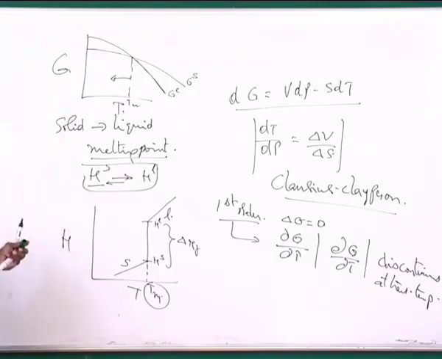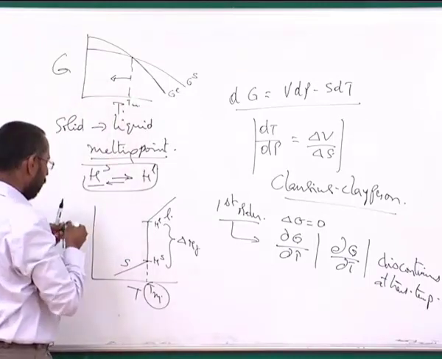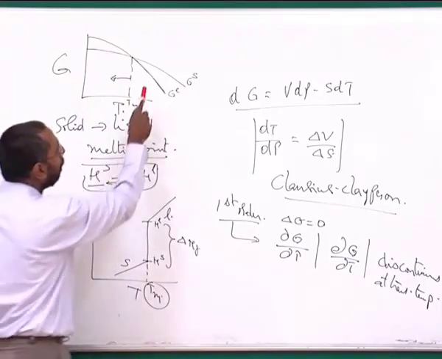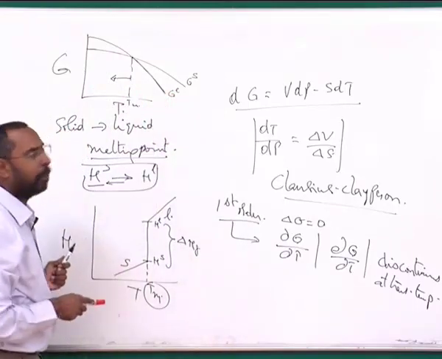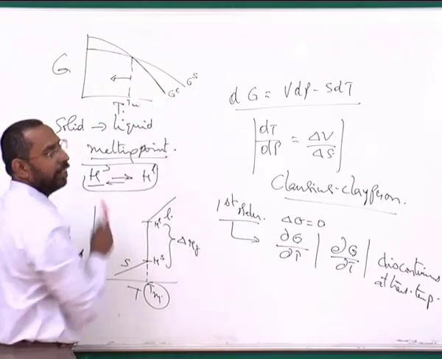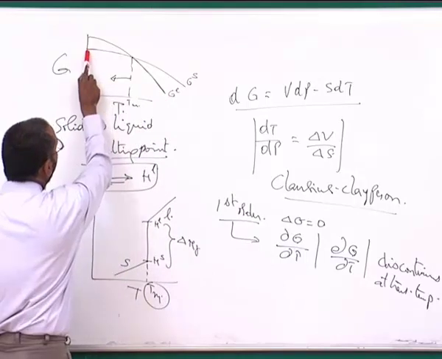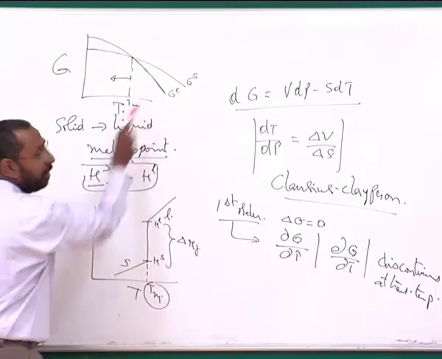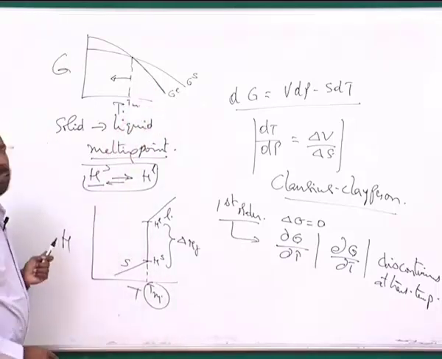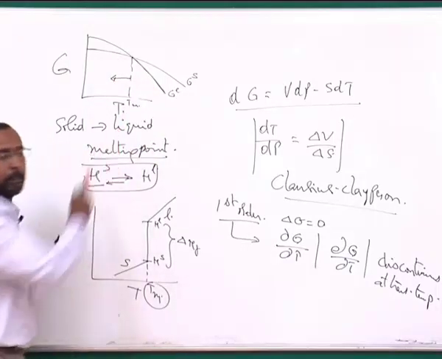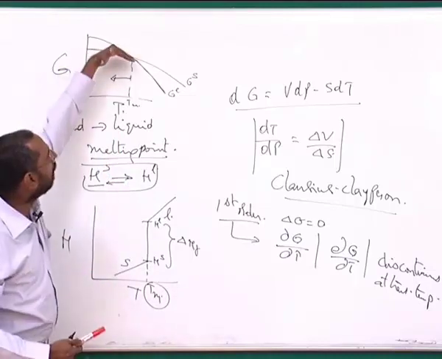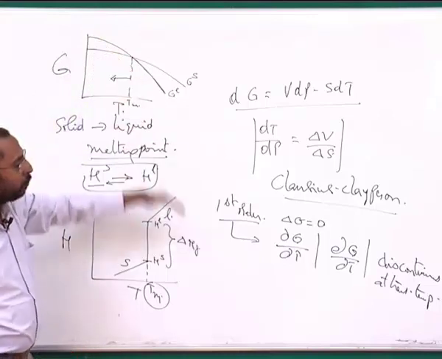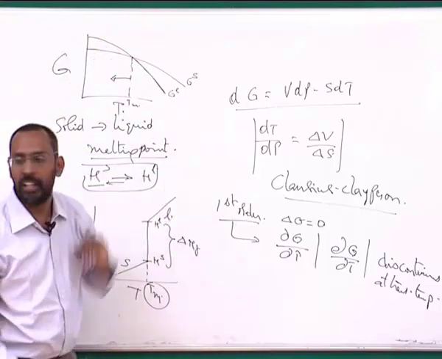So in this particular case, at temperatures below the melting point, it is the solid that is more stable because it has a lower free energy. At the temperatures above the melting point, it is liquid that is stable because it has a lower free energy than the solid. And once I know that, if I only look at how this free energy is changing, you see there is a continuous change in the free energy. But if I look at the slope of this free energy versus temperature, at the transformation temperature, there is a change in the slope. And so that slope is discontinuous is what we are saying.